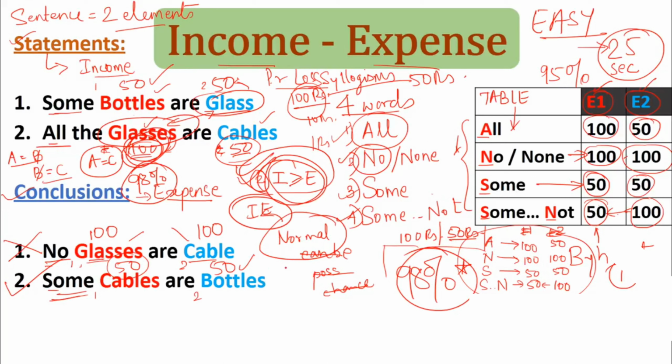Now you might think that this is a very lengthy and tough method, and it is very difficult to remember all such stuff, but actually it is very easy. This is the first time you are seeing this, that is the reason you might be thinking that this is tough. I'm going to take one more example to show you how easy and quickly you can solve the sum. After that we are going to take more examples so that you will get comfortable with the income expenditure method, which is extremely useful and very quick when it comes to solving normal syllogism sums.